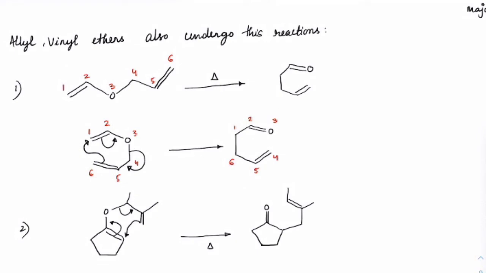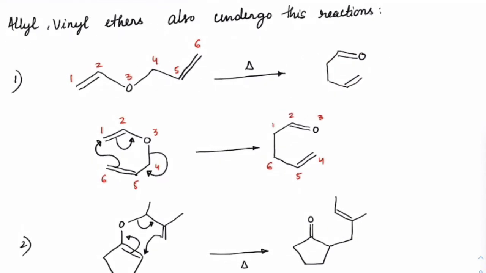Check it out. Suppose you check out here, this is the ether where this side is allylic and this side is vinylic. So this is a vinylic position, this is the allylic position of the ether. And on heating, you will see this kind of a product forming. And how does that form? Check out. Now, on the vinylic position here and the allylic position here, this sixth carbon will make an attack on this first carbon,